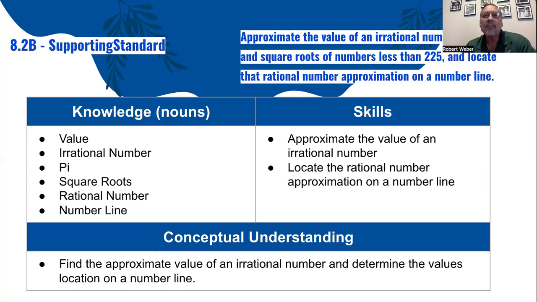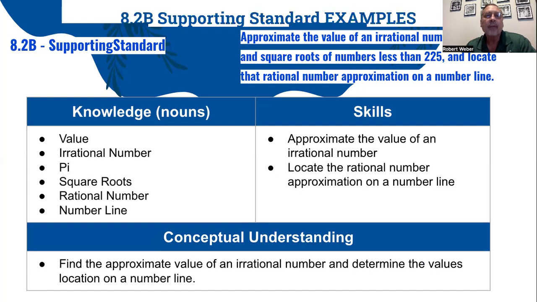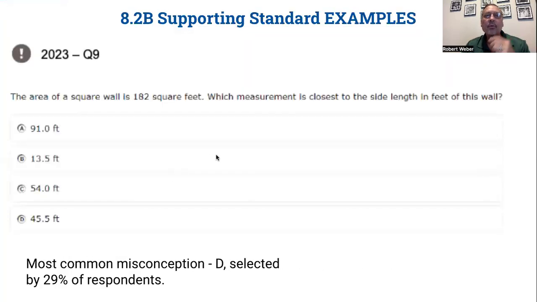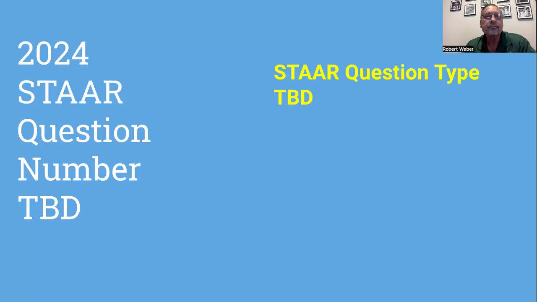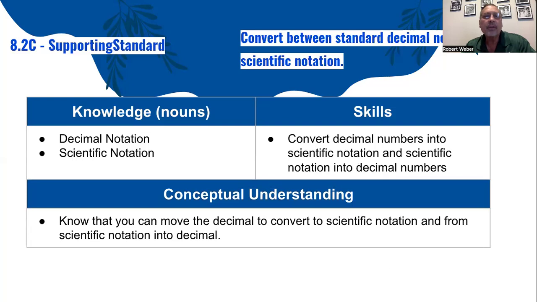8.2B, approximating values of square roots or irrational numbers. That's a supporting standard as well. 2023 question on this: the area of a square wall is 182. Which measurement using decimals is closest to the side length, knowing that we'd have to take the square root of 182? 2024 question, when it's available. 8.2C is a supporting standard, converting between standard decimal and scientific notation, an important skill,